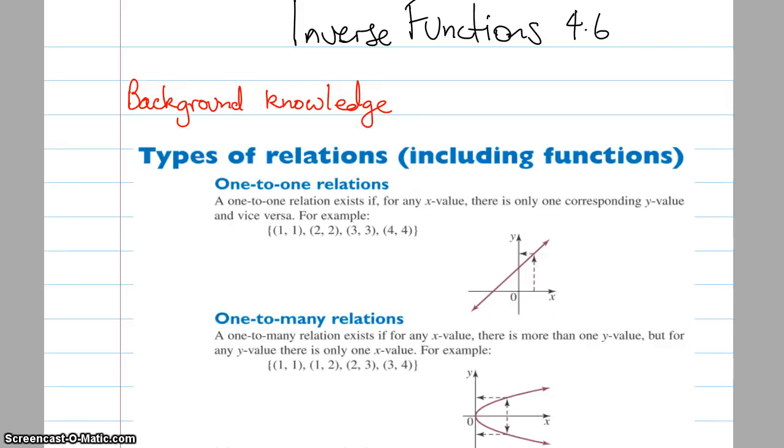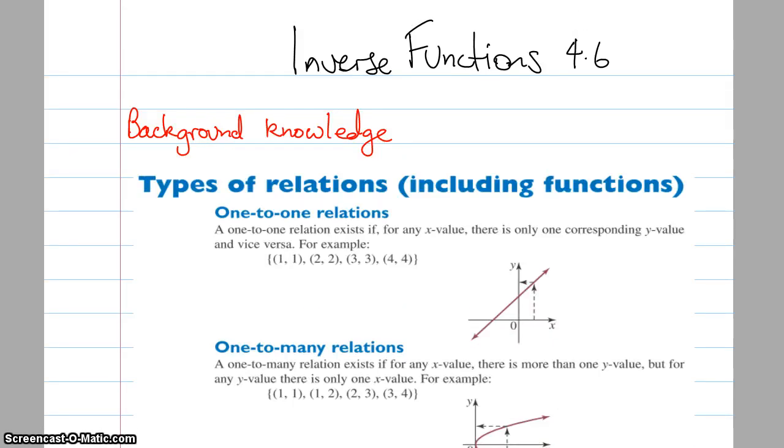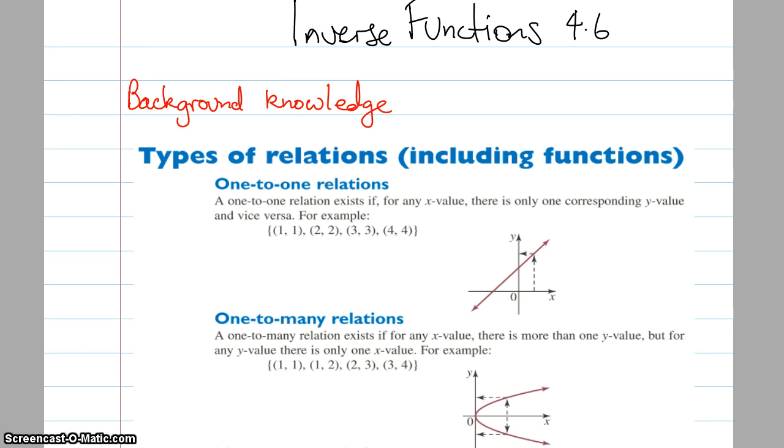Hi and welcome to part 1 of the video for inverse functions, chapter 4.6 in your textbook. The first couple of things that you need to know are just a bit of background knowledge on the types of functions and relations. Remember that one-to-one relations can be considered functions. They have one x value for every one y value. We call these one-to-one, and this is the thing that we'll be looking at a lot